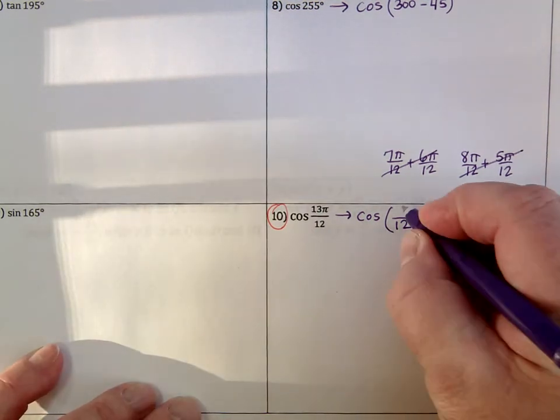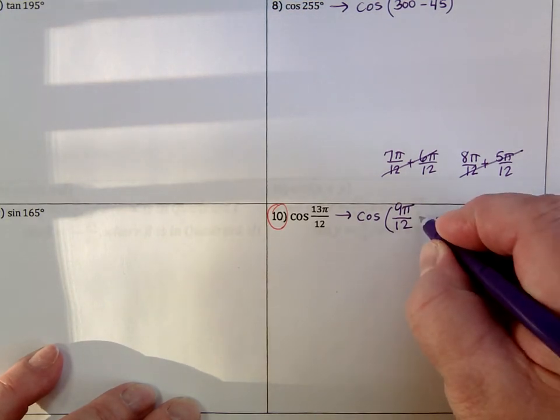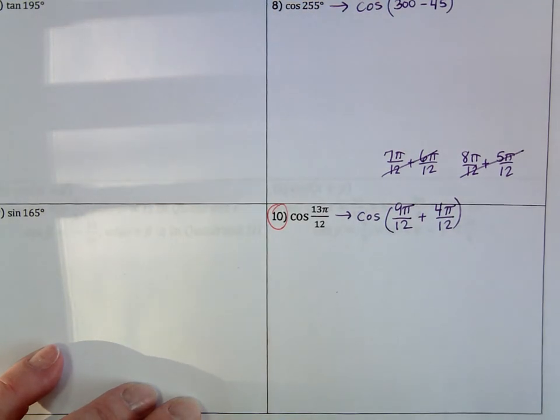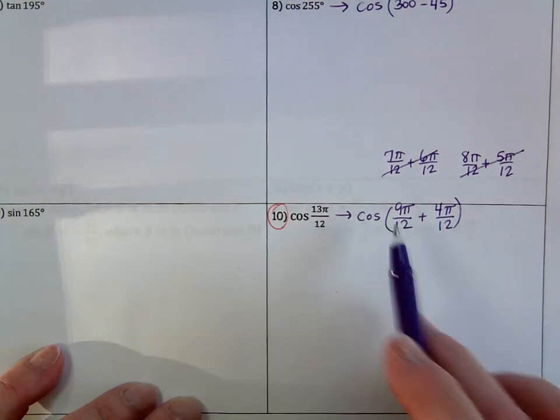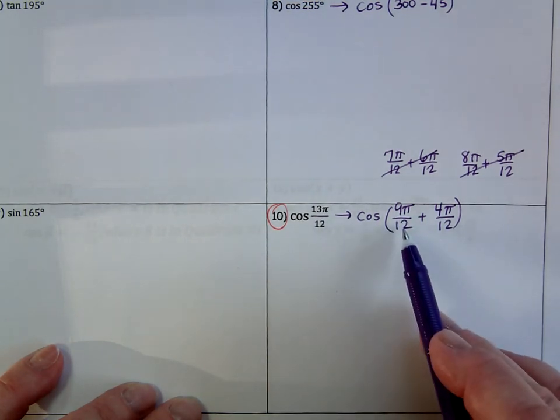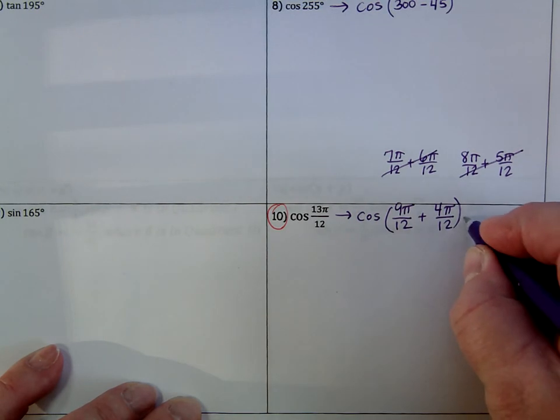What if I used 9 pi over 12 and 4 pi over 12? Obviously I'm putting that in the right spots, right? Because that's one that works. 9 and 4 is 13. There it is. But this I can reduce. I don't see 9 pi over 12 on my actual chart, but if I reduce the fraction, it would be